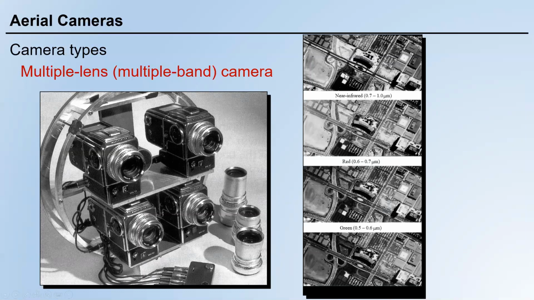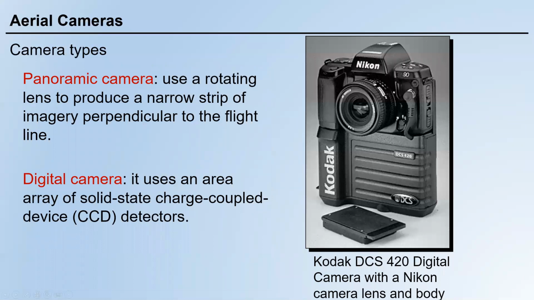Okay, so for near infrared band, this image, I mean, the value of each pixel here is what? Is actually the reflectance of that pixel within near infrared band. Okay, so you can consider multiple lens or multiple band camera as a combination of multiple single lens camera, each one for a specific band. Okay, and we can also